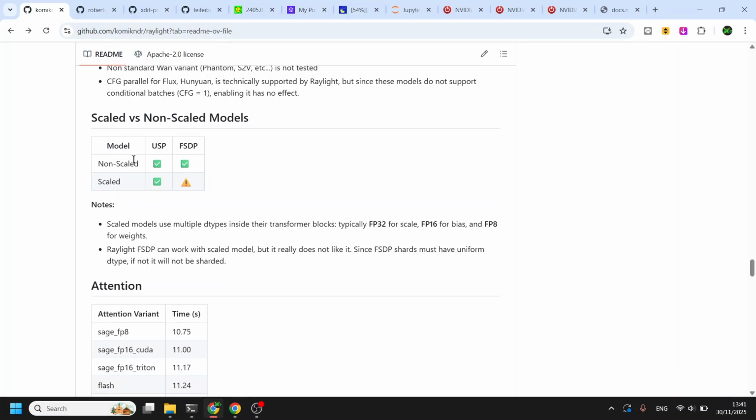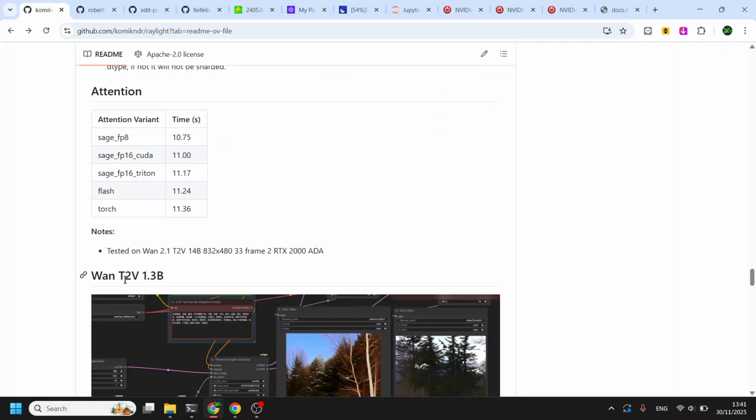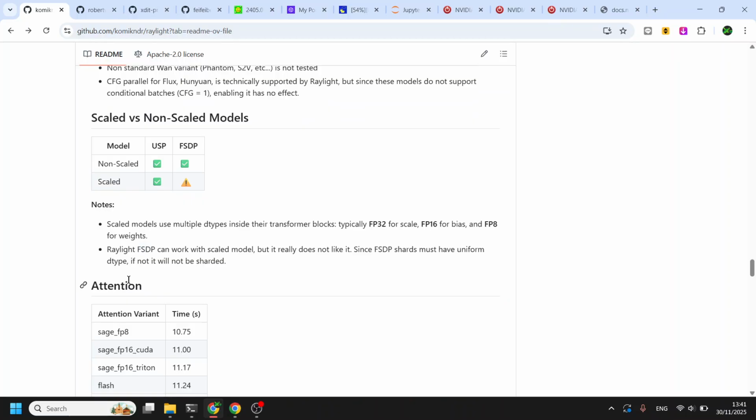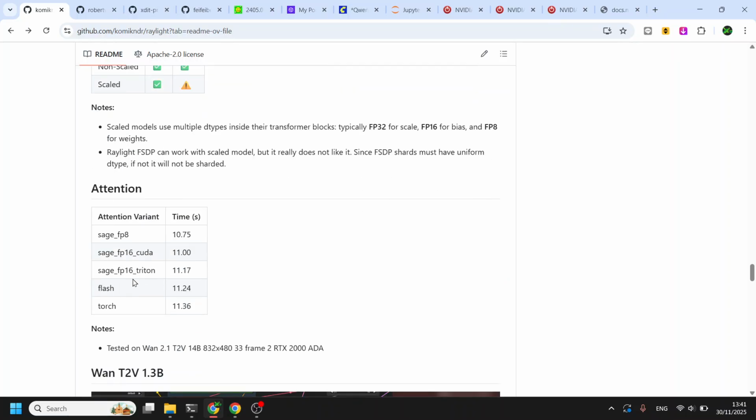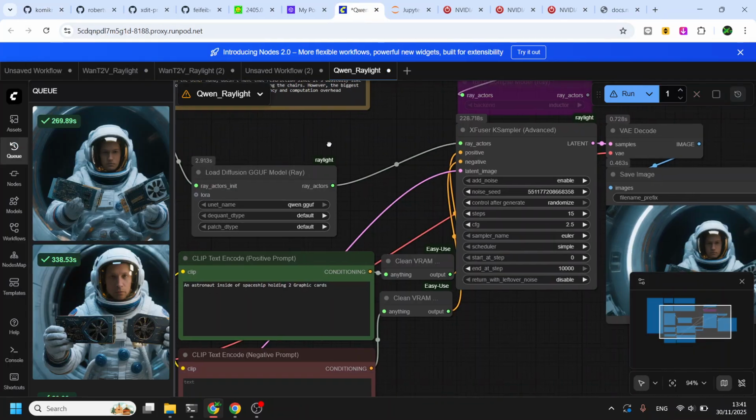With scaled models, there are some biases in BF16 and there is a scale factor also in FP32. So in theory it works, and in reality it works, but you will have a much more pleasant time if you are using a normal non-scaled model with FSDP.